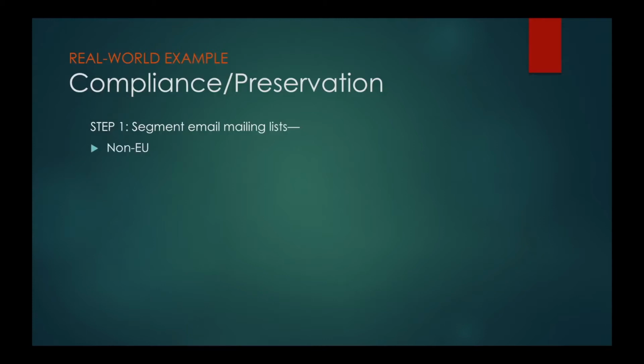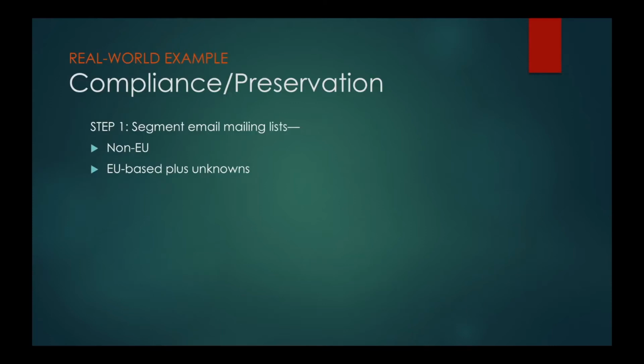One by non-European Union subscribers, and then one by subscribers from the EU plus any unknowns. You need to consider the unknowns as if they are in the EU. Note that many email service providers can do this for you or will soon be able to. Now, once your lists are segmented, continue communicating with the first non-EU list, as you have been doing.